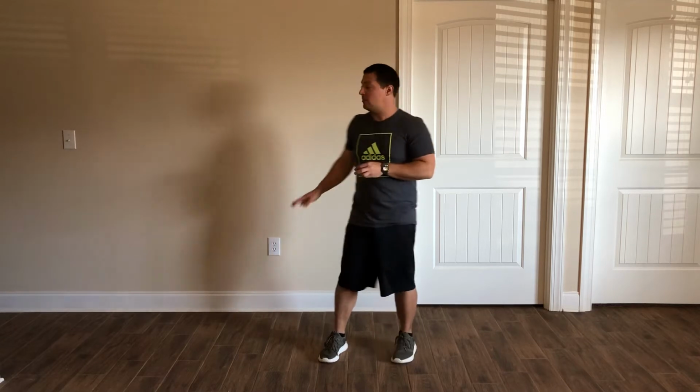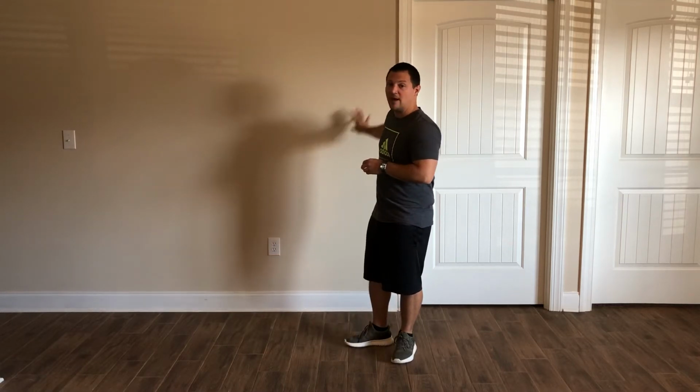Okay, before we move on, I want you to make sure that you're on an area that's soft, such as a carpet, a rug, a mat, and also that you have a caregiver present, and you have something that you could possibly hold on to for balance, okay? So what we're gonna do is your feet are gonna come together, squeeze underneath your belly button, and find a spot on the wall, and I want you to pick up your left foot,